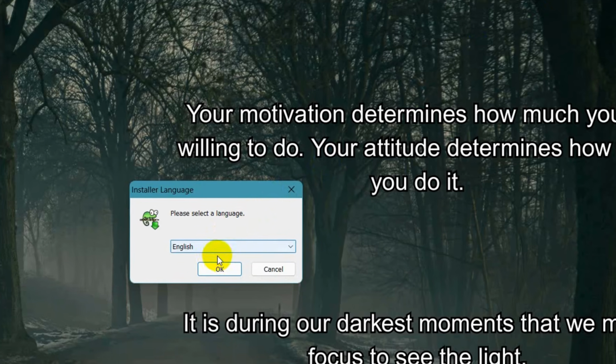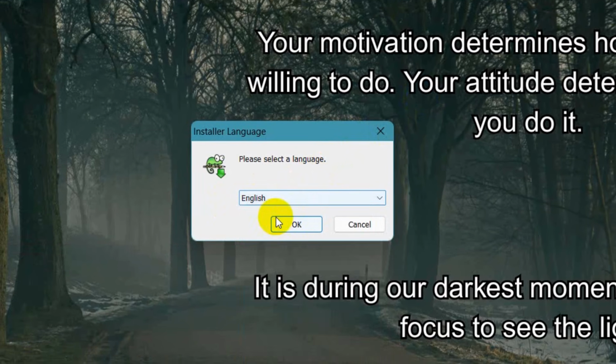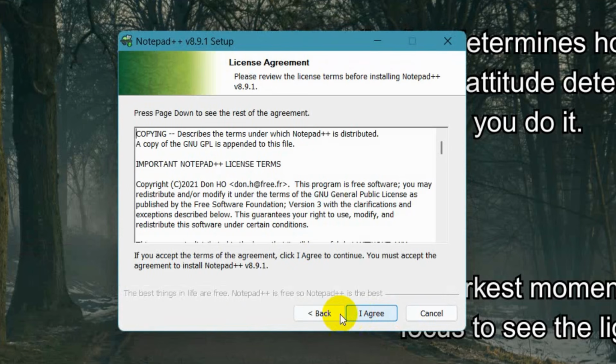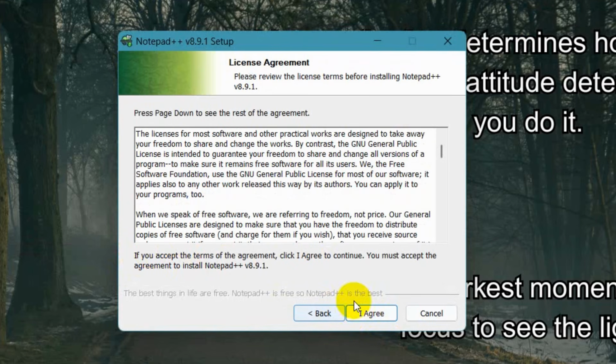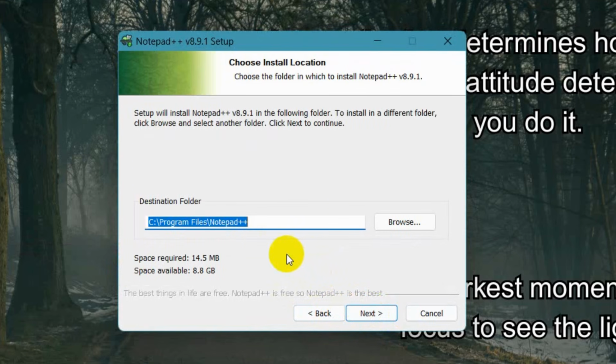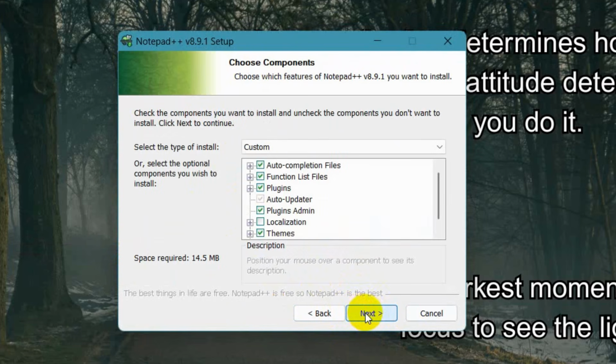and here you need to choose your language. You can choose any language, but I'll choose English. Click on OK, next. Then I need to click here, I agree. Then you can choose where you want to install Notepad++. I'll keep it the default location. Click on next,